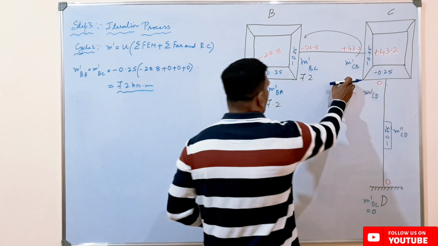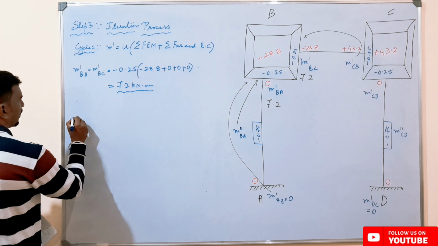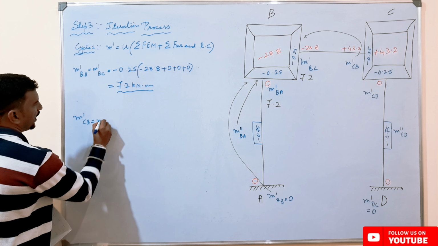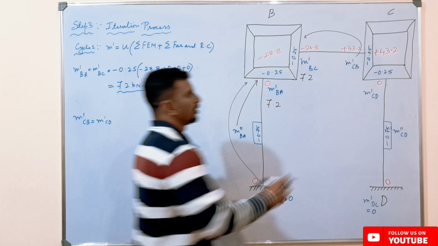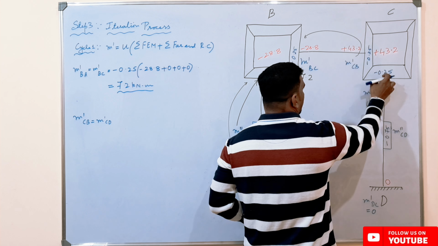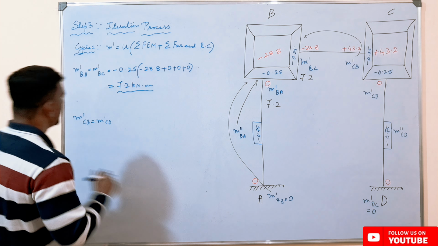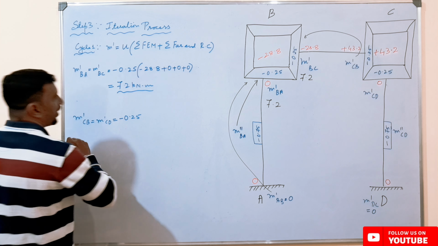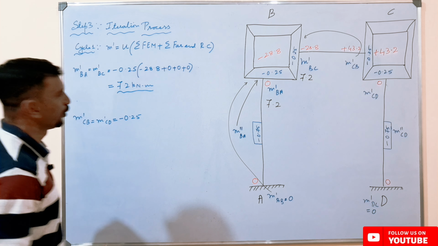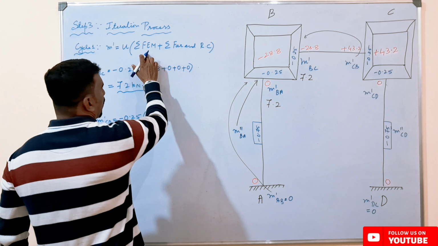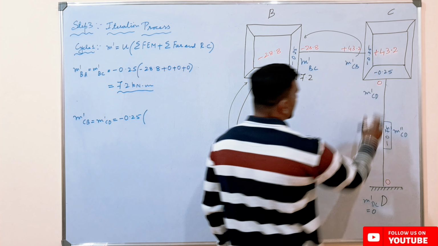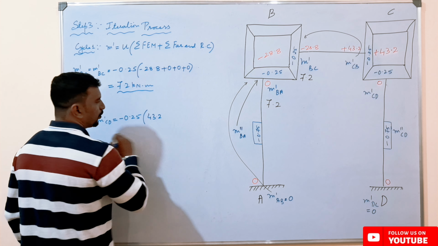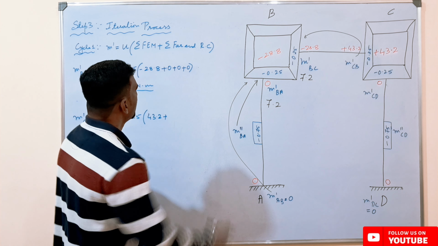Rotation contribution for M dash CB, which will be equal to M dash CD, since the rotation factor values are identical, it is minus 0.25 and minus 0.25. The rotation factor value we know, that is minus 0.25 into summation of fixed end moment. So the summation of fixed end moment over here is how much? Plus 43.2 plus summation of far end